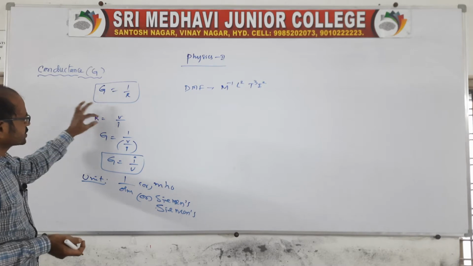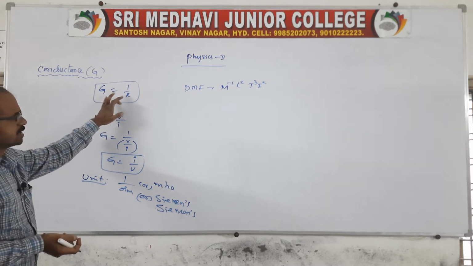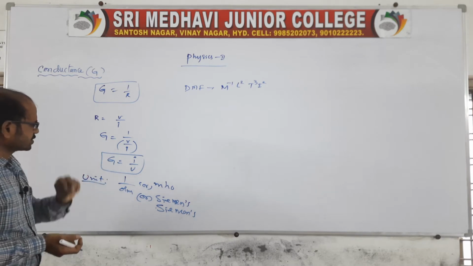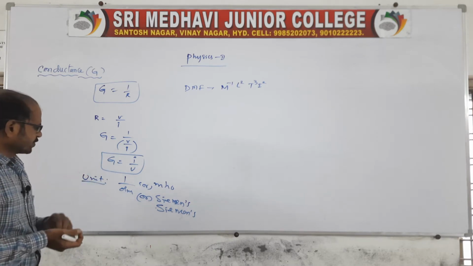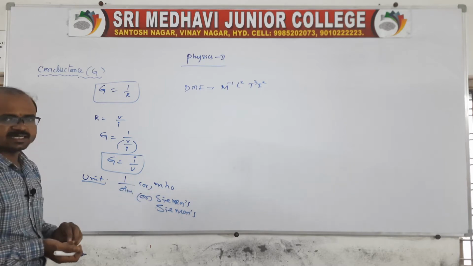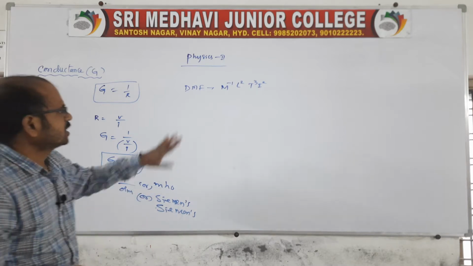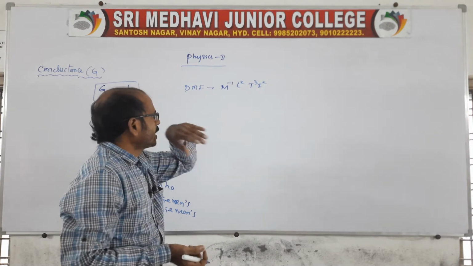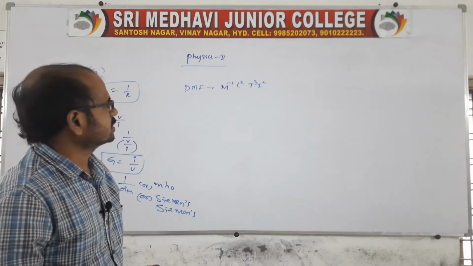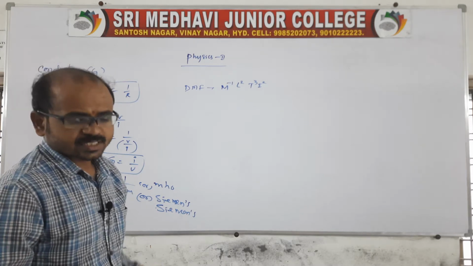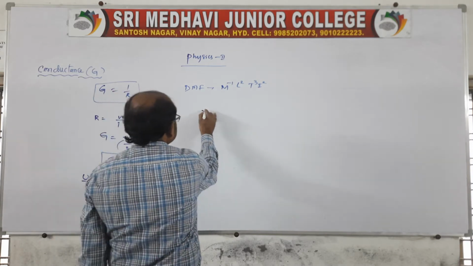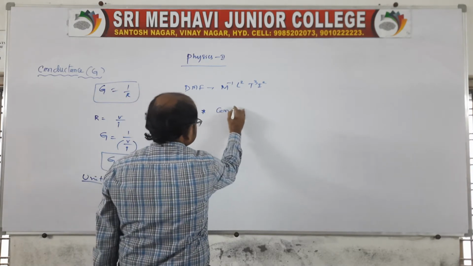We know resistance is V by I. Substitute the R value, that is V by I. Therefore G is equal to I by V. Therefore the unit is 1 by ohm, or mho, or Siemens. And the dimensional formula is M power minus 1, L power minus 2, T power 3 and I power 2. So this is about conductance. Let's move to the next one, conductivity.